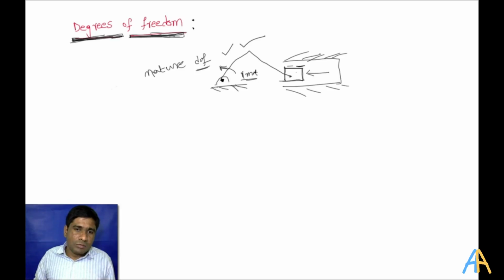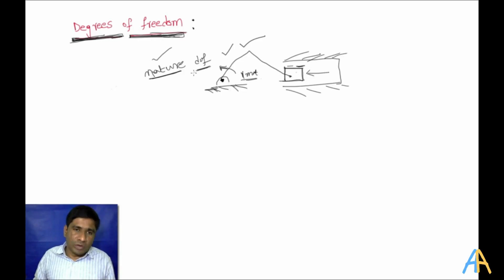If you are new and you don't know anything about this mechanism, and you want to confirm whether the output motion is translational or rotational, this nature of the degree of freedom distinguishes whether the degree of freedom is either